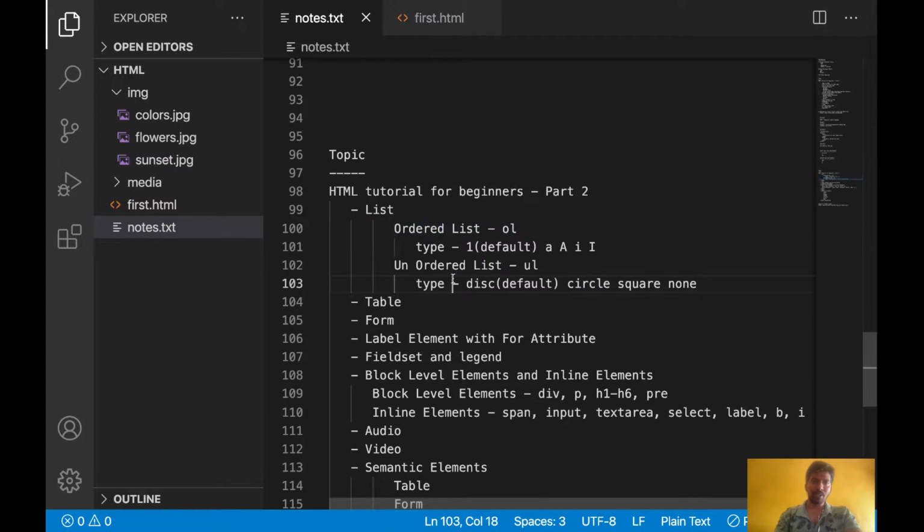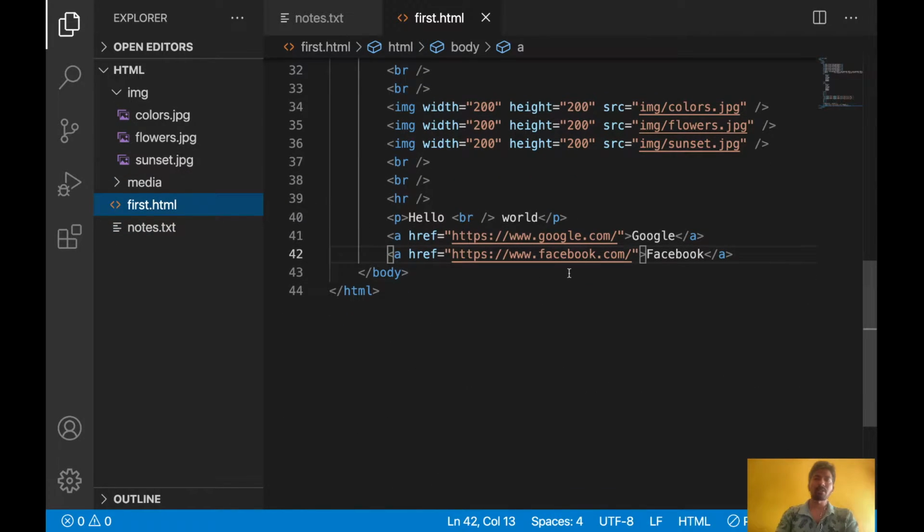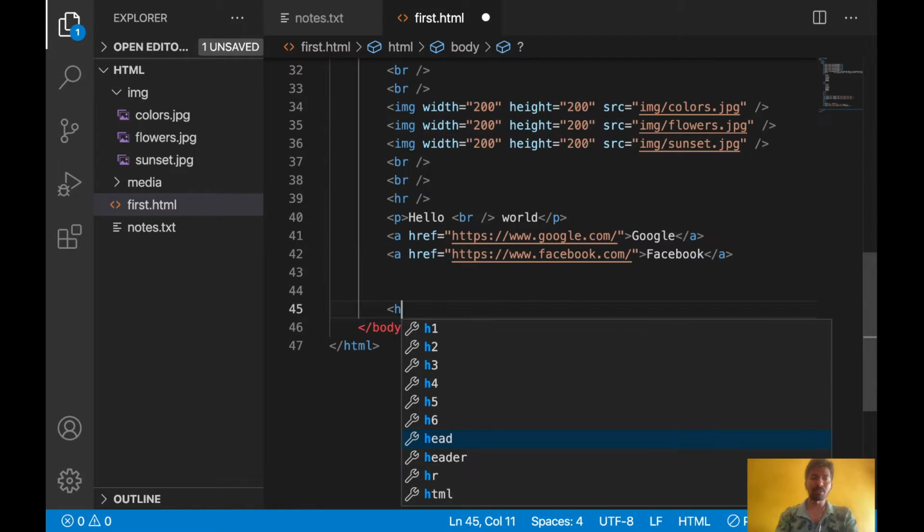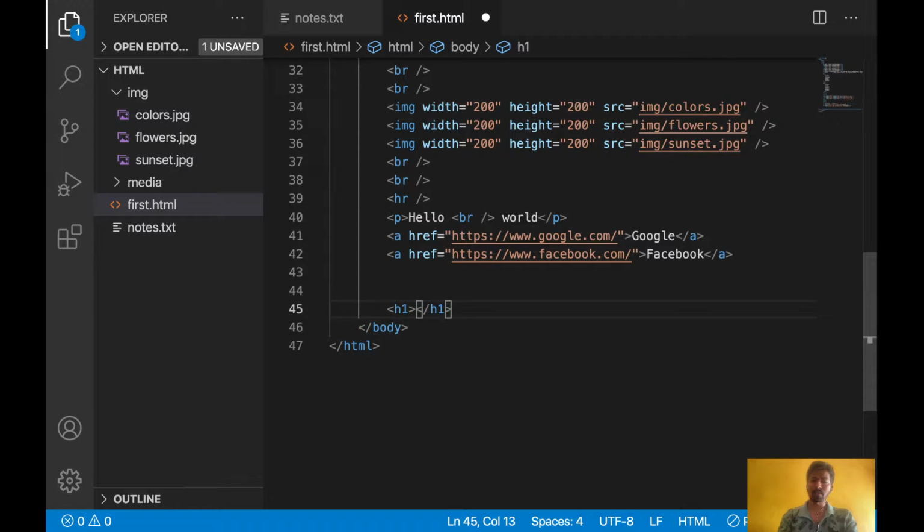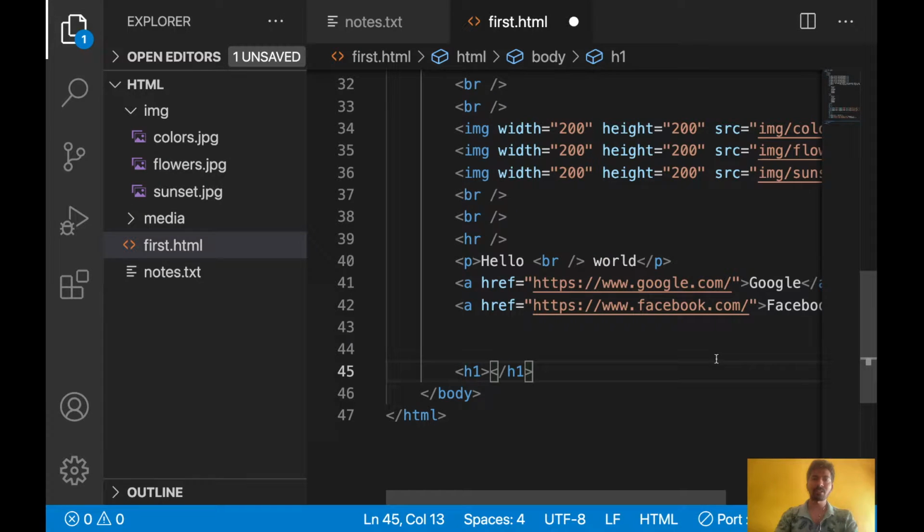So first of all, the list. What is a list? Let's say I want to display some list, so I will show you here practically. I will add some heading here for differentiating part 1 and part 2. You are able to see, or I will just zoom in a little bit so that you will understand it. I just zoomed it.